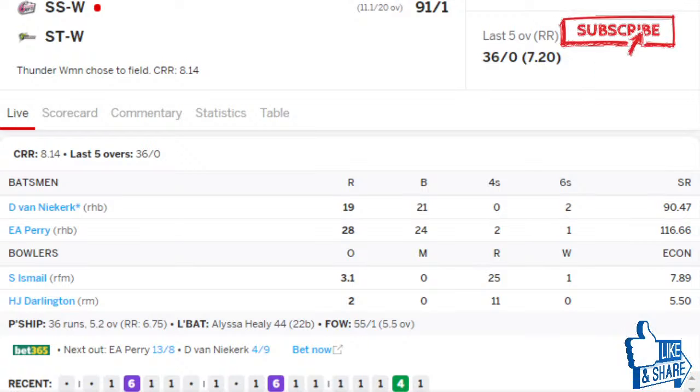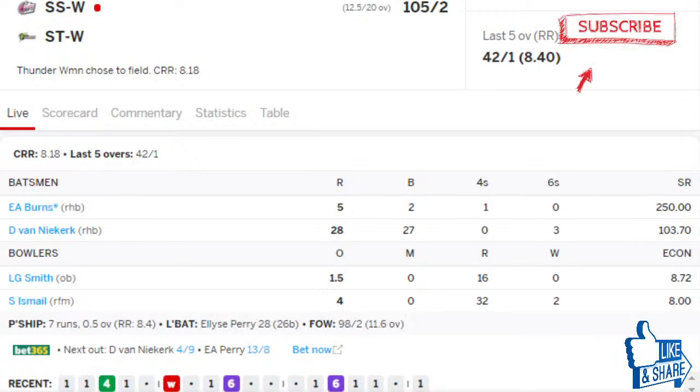Lauren Smith, after that boundary, she went for 5 off the first 3 balls. Enough to work her way through the next 3. Erin Burns on strike. She drives her way through cover nicely. You would have played a fair bit of cricket with Erin Burns and against Erin Burns. The field's set up with the deep mid-off out, and we might have to talk a bit more about her when she's back on strike. It's hard to set a field to her. Yeah, that's where I was heading. Couldn't quite get there. Thank you for the help. Right, she'll be on strike now. So to the off spinner, where do you set the field? Well, I think you need